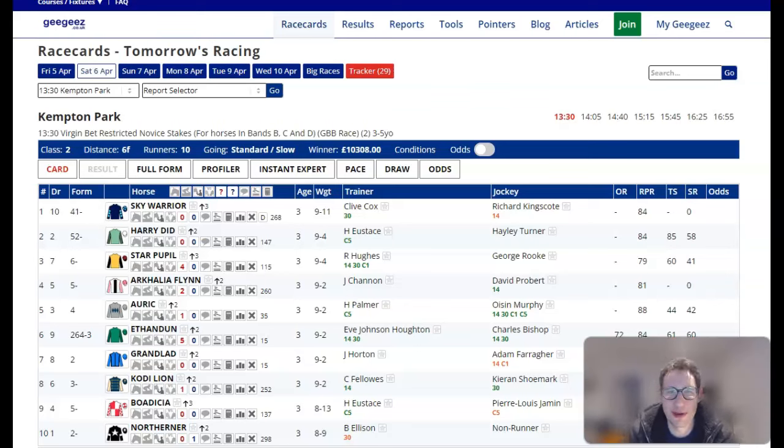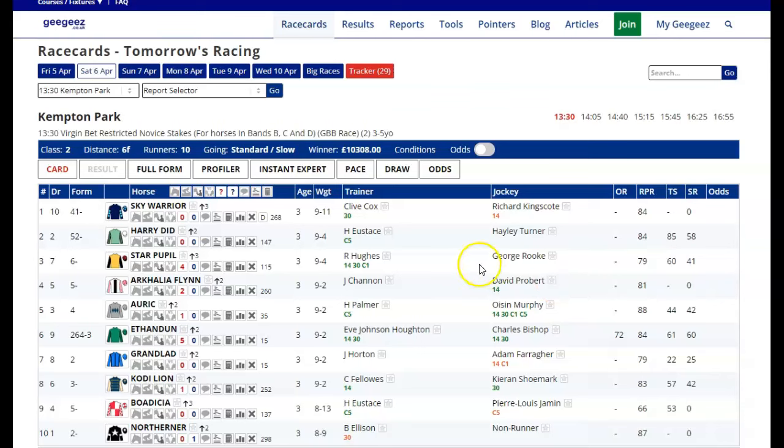Do watch with a notepad if you so please, and hopefully I might say something interesting. It is a whiz through. It's very top level, and there's no form or profile analysis of any particular horse, but I might say something which gives you a steer, as I said, so you can take a deeper dive yourself if you wish. Right, let me get rid of my face so hopefully you can see the full screen